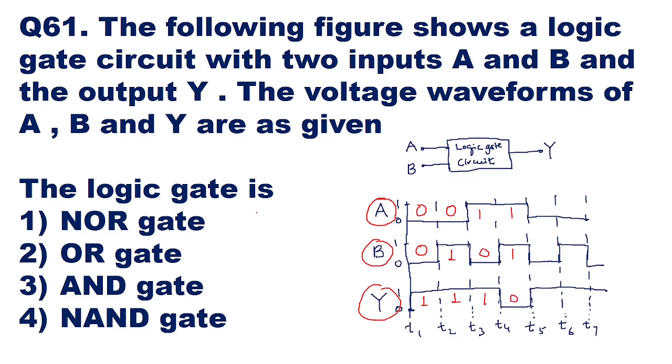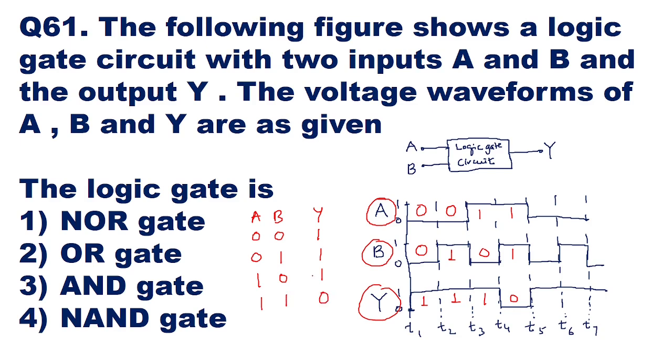If all these voltage levels are put in a truth table, that is the format of inputs and outputs, we can see that for input A and input B, what is the output? So if input A is 0 in the first time interval, input B is 0 in the first time interval, the output is high. Similarly, in the second time interval, when input A is 0, input B is 1, output is high. If you see the third time interval, if the input A is 1, B is 0, then the output is high. If you see the fourth time interval, input A is 1, input B is 1 and the output